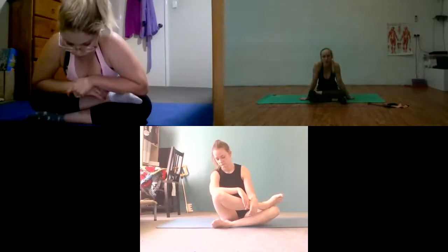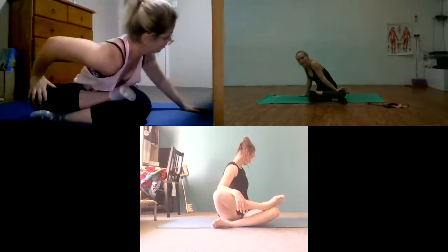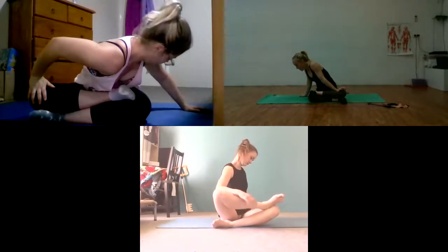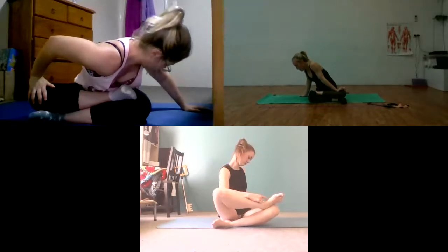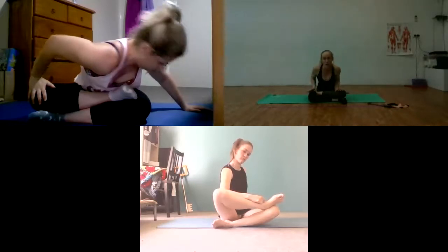And the same thing: if you're ready for it and your legs are already flat, you're welcome to come all the way down. Otherwise, just sit up here and give it a chance to slowly drop down, keeping those feet flexed. Then we'll place our hand on that knee and rotate it around. Nice. And then coming back forwards and slowly dropping down a little bit more, if you can. Just remember